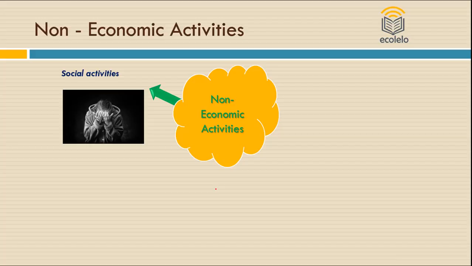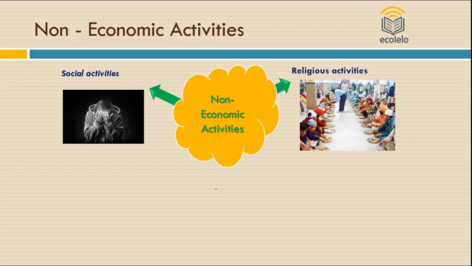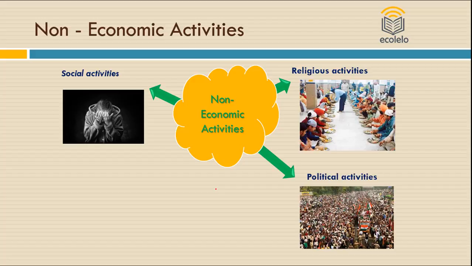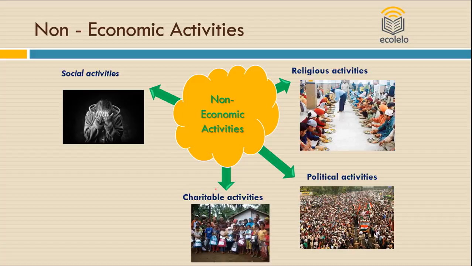You're not charging anything. You're just being a friend. You're being benevolent. Then religious activities. You visit temples and you perform certain activities. Political activities. You're being part of a rally, right? Charitable activities. You're teaching somebody for free, but that is not going to earn you anything, but then you're doing